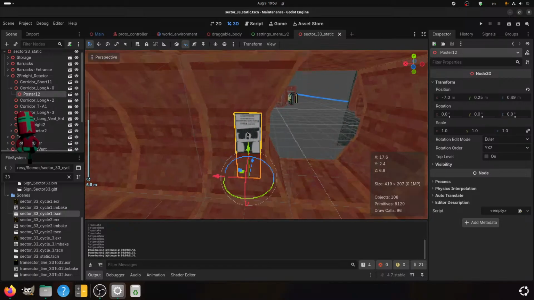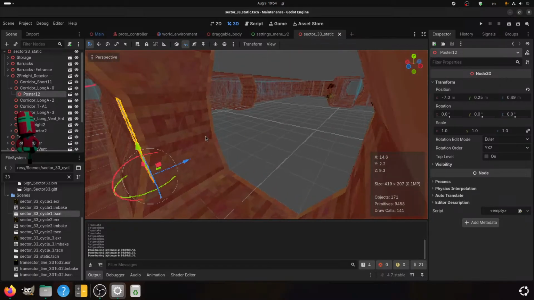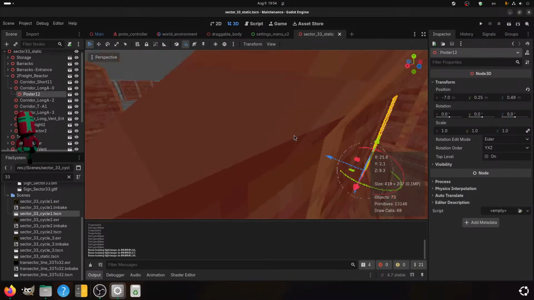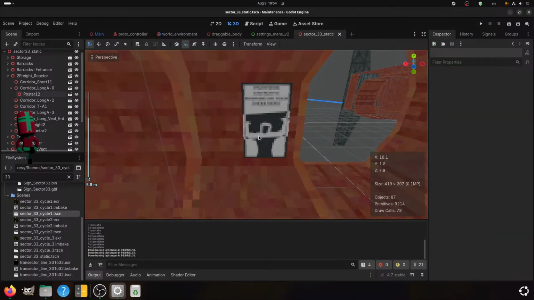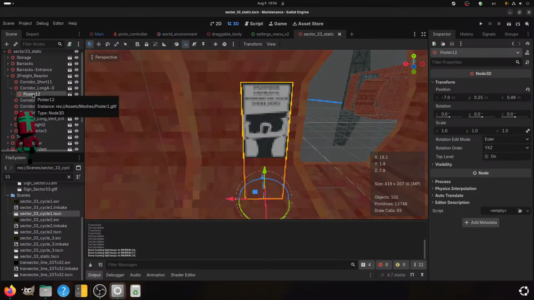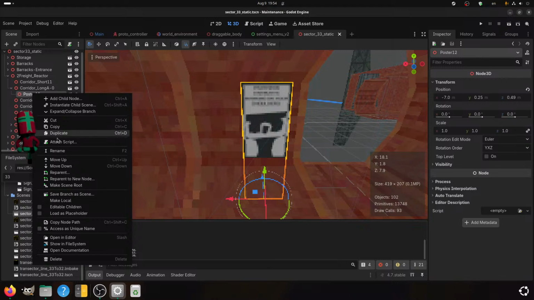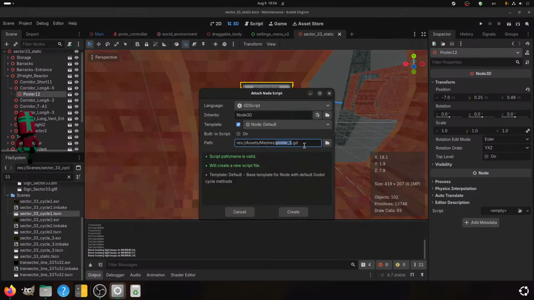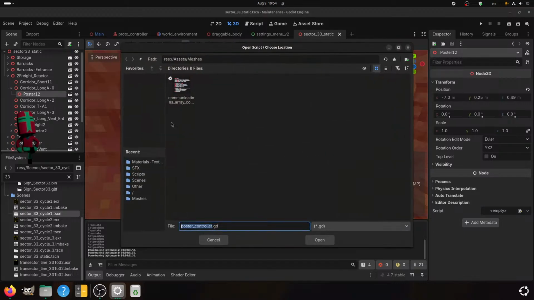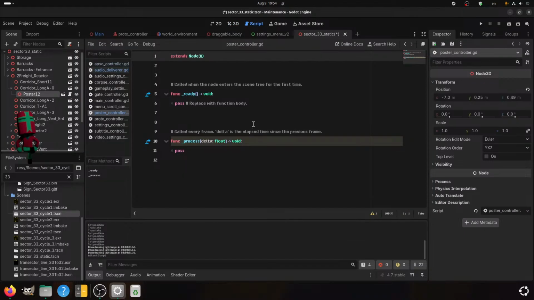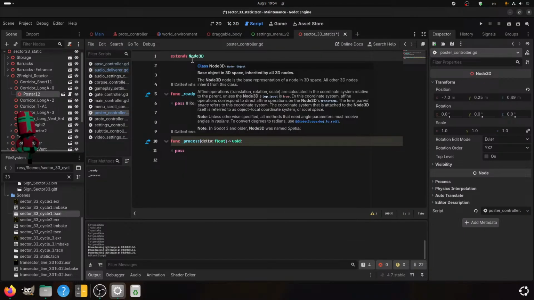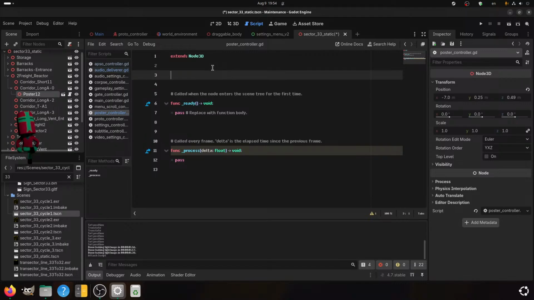Excellent. Now, for you, we're gonna need a new script, poster controller. Place it in the right folder under scripts. Create stands node 3D.